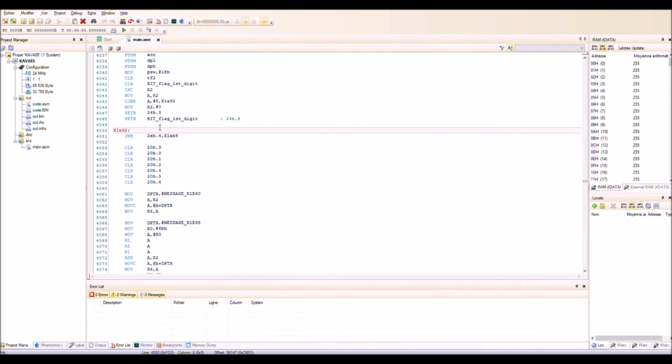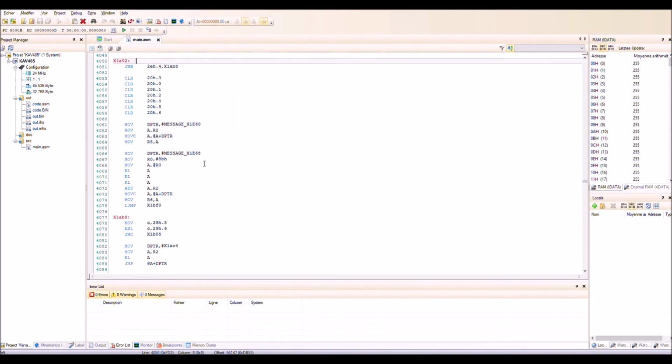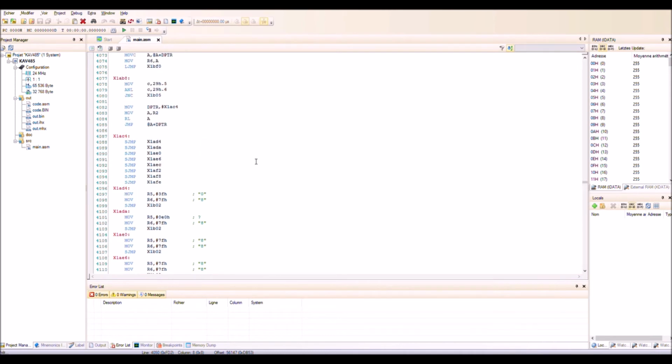The register R2 is used for the counting of the digits from 0 to 7. On this function we have several jump tables, depending on the digit. There are several tables with 8 entries here. R2 is always the data which permits to select one among 8 jumps. There is a simple load of R2 into A, then A is rotated on the left in order to multiply by 2, because one address here uses actually 2 bytes.